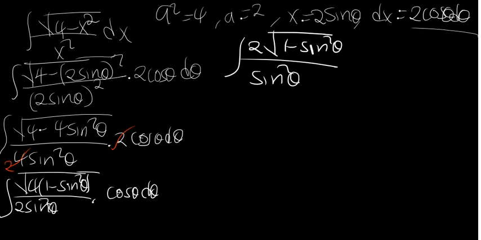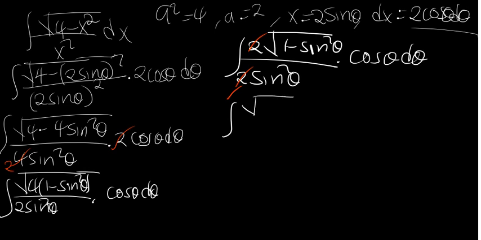So there we have also 2, times cos theta d theta. Okay, cool, perfect. Now from here we can see that the 2's can go. So if the 2's can go, then what we're going to remain with is the integral of